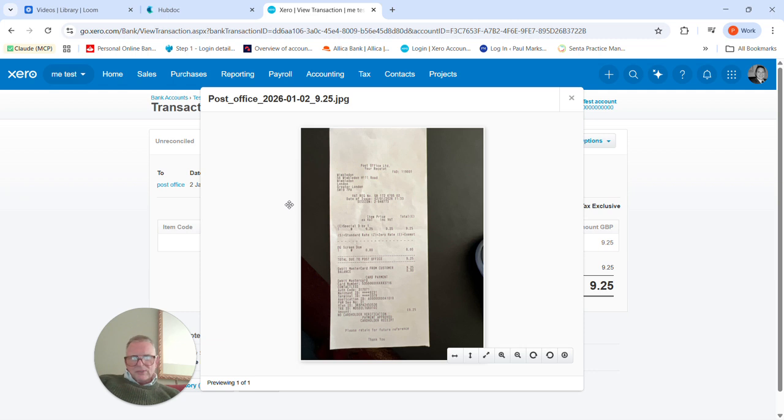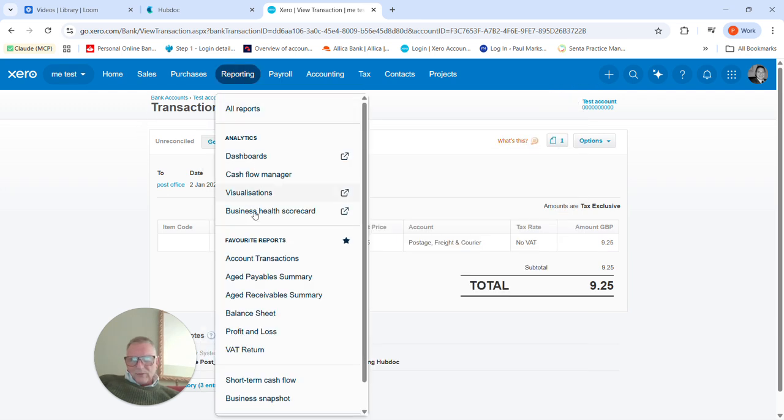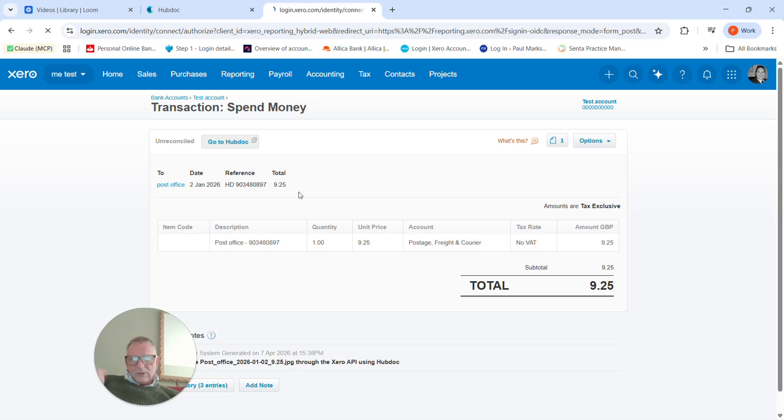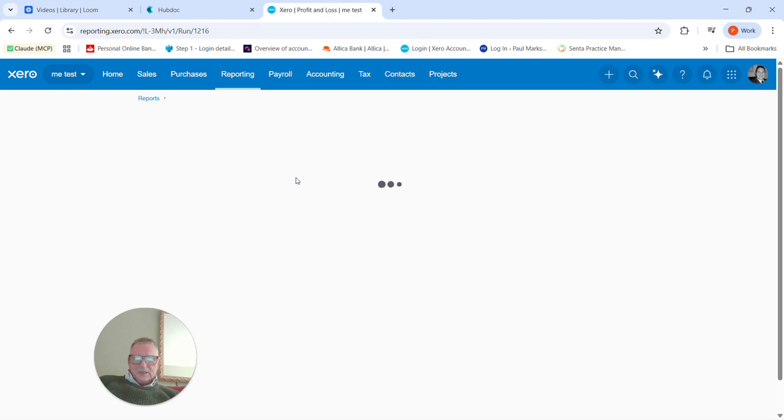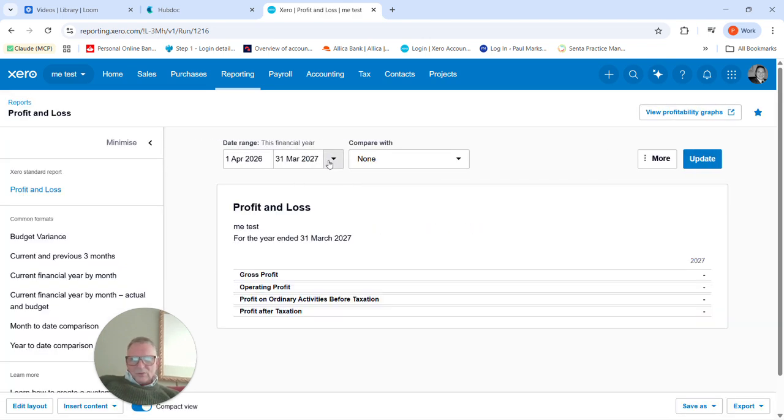Look, it's there. It is in Xero. It's just in a different place because we categorized it as a receipt for a payment rather than as an invoice. If we classified it as an invoice, it would show up somewhere else. Okay. It doesn't actually matter whether you classify these as an invoice or a payment, because I'll just show you. I don't want to confuse you too much, because as I say, this video is just about Hubdoc. But if we went to this financial year,